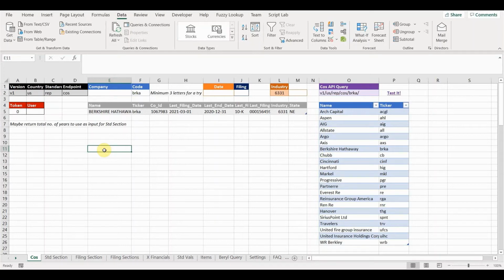The COS sheet, COS being short for companies, enables us to bring back specific information about a company's filings and to use that in order to then bring back financial data from those specific filings. Now we do that using a couple of bits of tech. We're using our web API, which we call Beryl, and we're also using Excel's Power Query functionality, which they tend